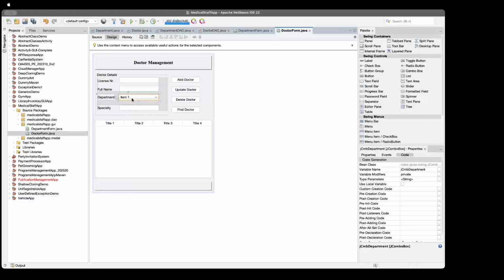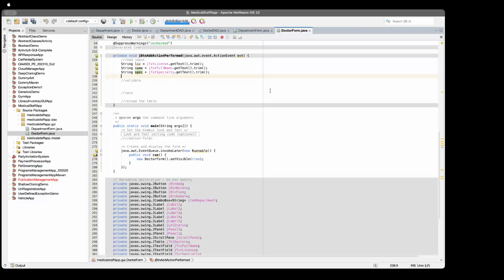Specifically, we want the department ID. So I'll show you in a minute how we do that. So now string dep ID equal, first we will parse to department. What do we need to parse? I named that JC,